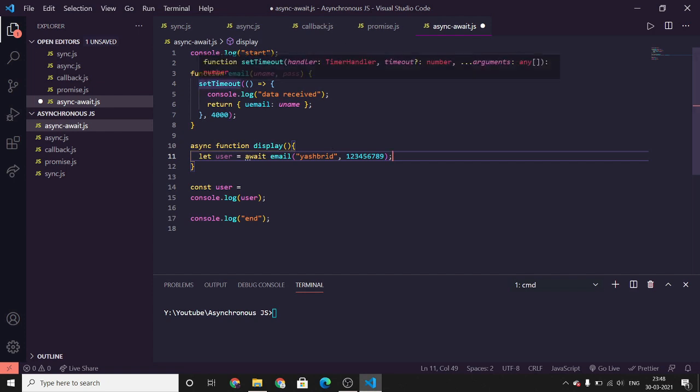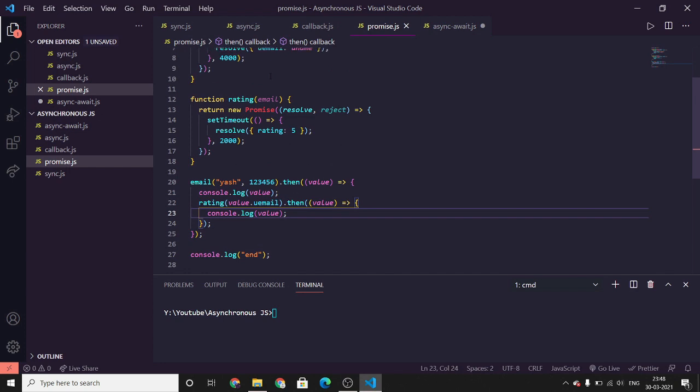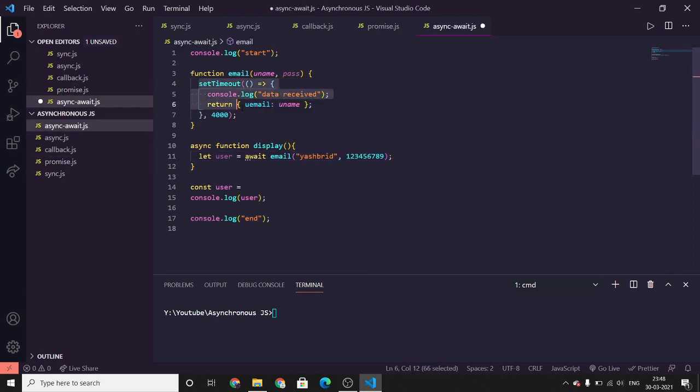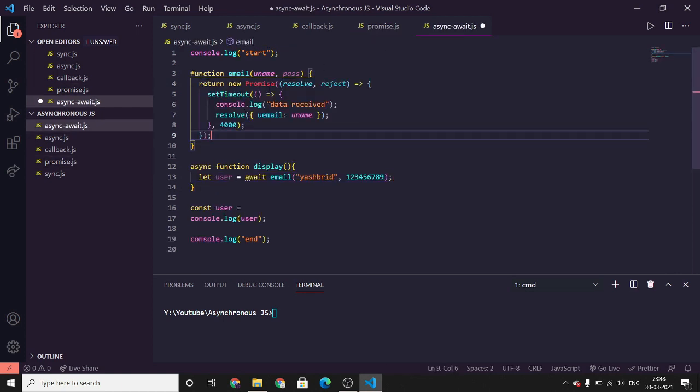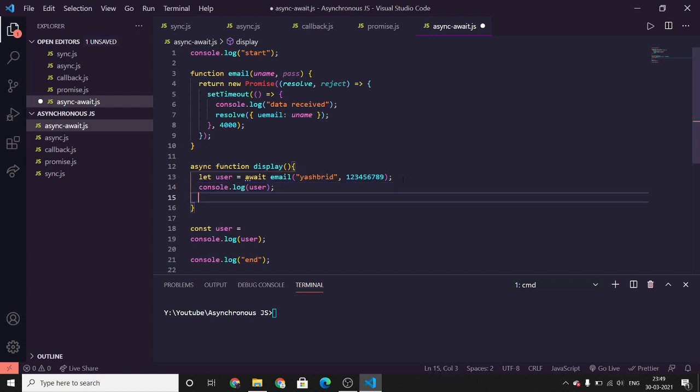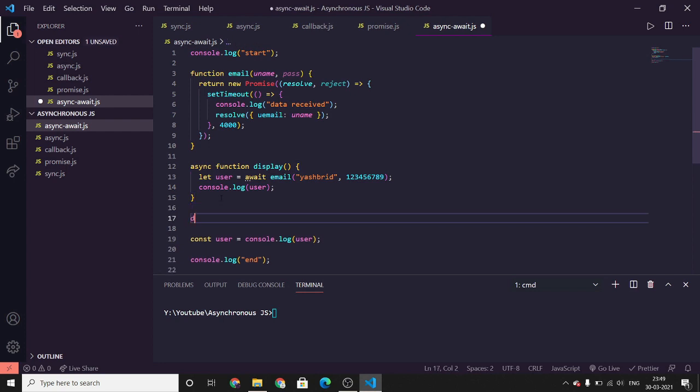So inside the email function, let's return a promise. So we will just copy this code. So now the email function is returning a promise. So when a promise is resolved, the program will start executing again from here. So we will just display the user, and we have to call this display function.